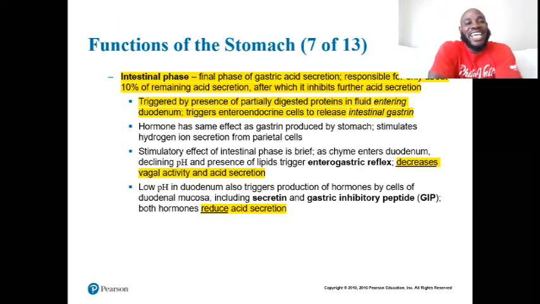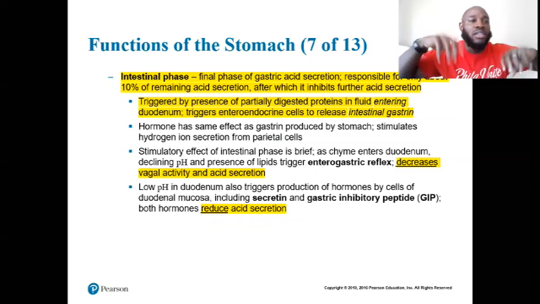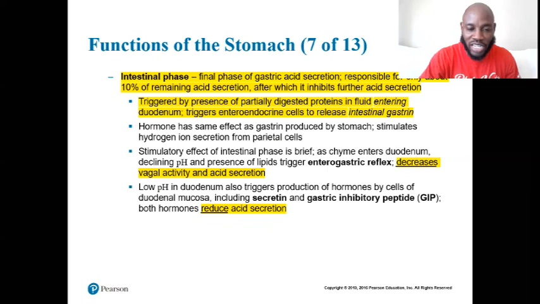All right, then we get into the intestinal phase, right? Cephalic, it's time to eat. Gastric, start producing acid, churning that food up. Intestinal phase, final phase of the gastric acid secretion, responsible for only about 10% of remaining acid secretion, right? Triggered by the presence of partially digested proteins, once again, similar to the previous phase, proteins and fluid entering